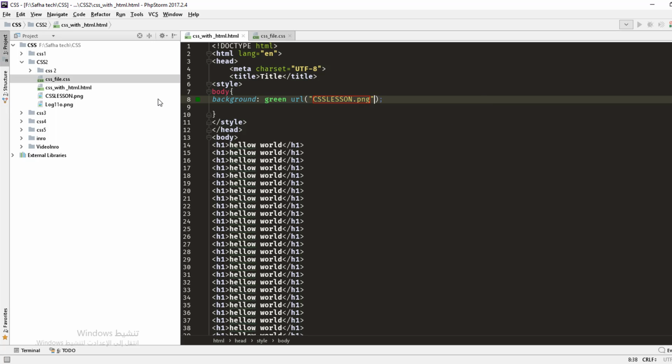Then after the URL we have no-repeat or repeat or whatever you want. For example, I will say no-repeat, and be careful about the order. So we write the color, then the URL, then no-repeat or repeat,